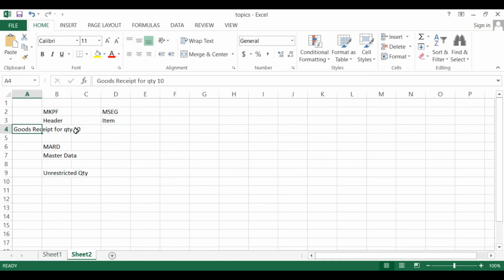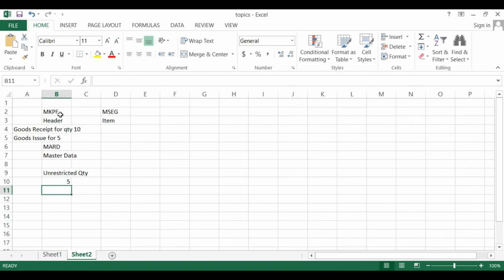So as I told you, goods receipt is done for 10 quantity. The unrestricted quantity will be a dynamic field which will calculate and save as 10. So it says, for this particular plant, for this particular material, the available quantity is 10. Again, you do the goods issue for 5. Second transaction, it will definitely go into MKPF and MSEG, but it will also go into MARD. It will not add any new value. It will perform the calculation 10 minus 5. So available quantity will become 5.